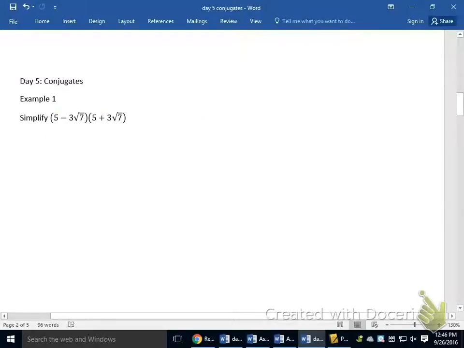Now, on example 1, I'll go ahead and state from the start, this is actually going to simplify to a more pleasant answer than what our warm-up did. Going ahead and getting that started, distributing this 5 to the 5 and the 3 root 7, I would get 25 plus 15 root 7. And now what I'll do is I'll distribute negative 3 root 7 to both the 5 and the 3 root 7. So I'll get minus 15 root 7